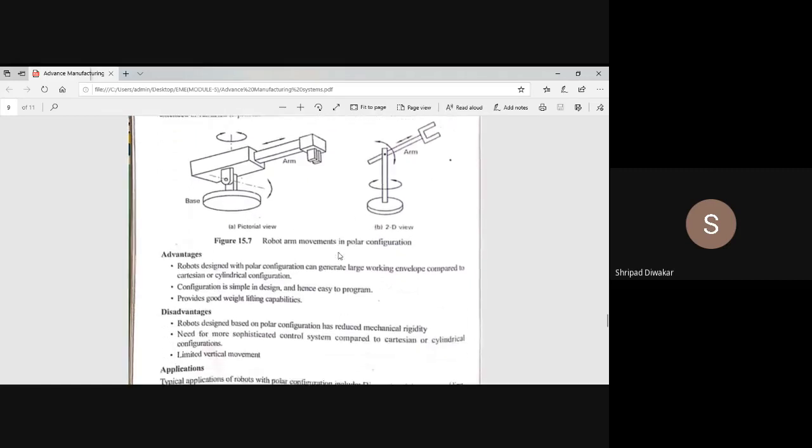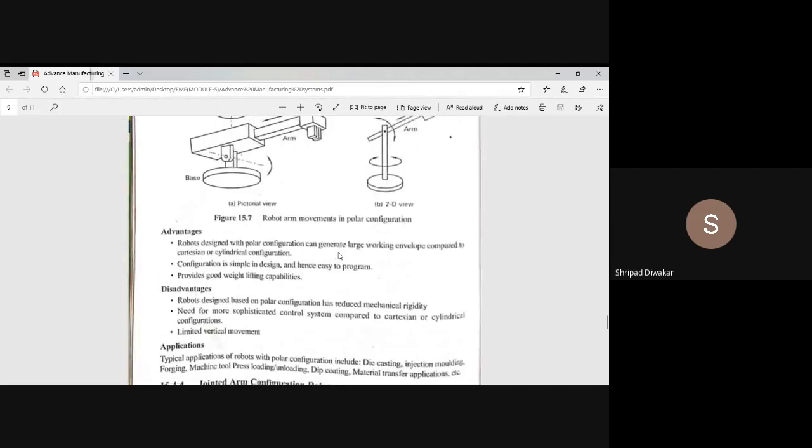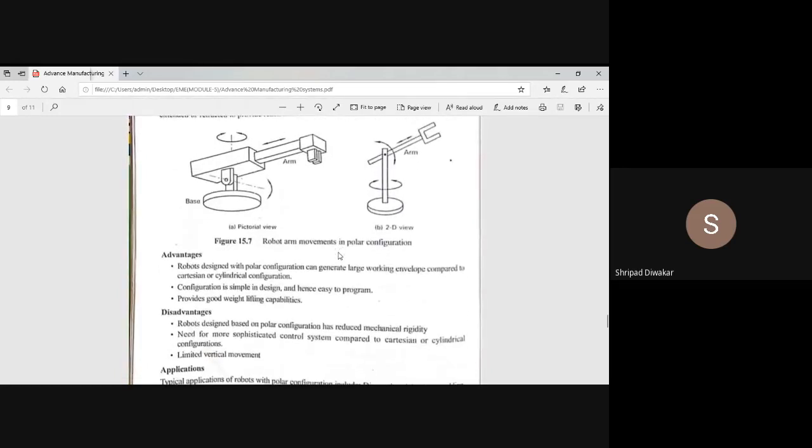The disadvantage is that, once again, compared to Cartesian coordinates, the mechanical rigidity is reduced because of the spherical configuration. Rigidity is less. We get a high degree of mechanical rigidity in Cartesian coordinates. Because of this construction, it needs the most sophisticated control system compared to Cartesian and cylindrical coordinate systems.